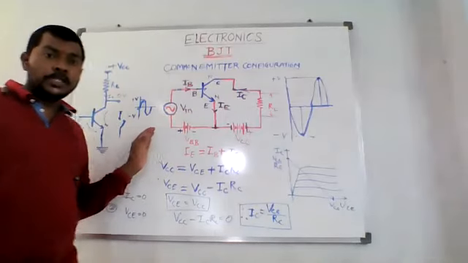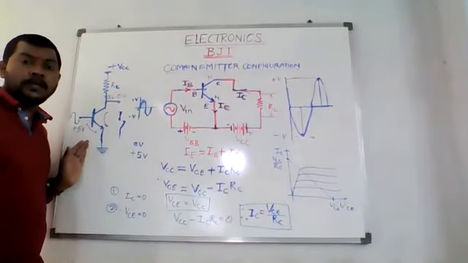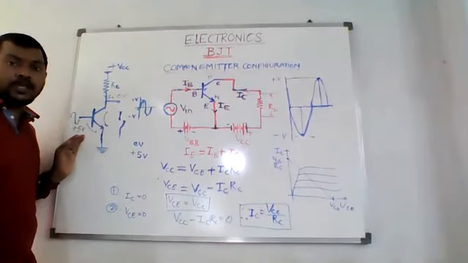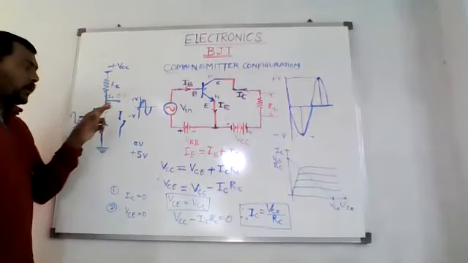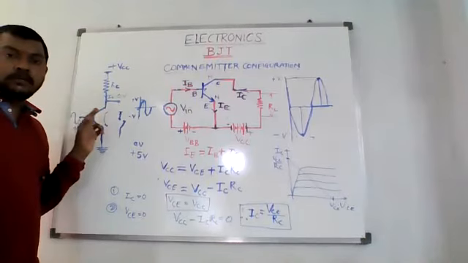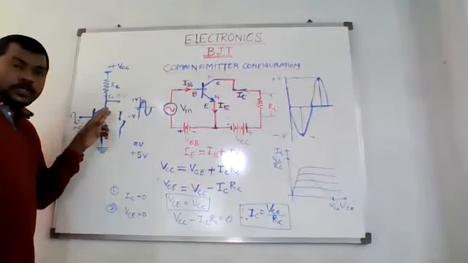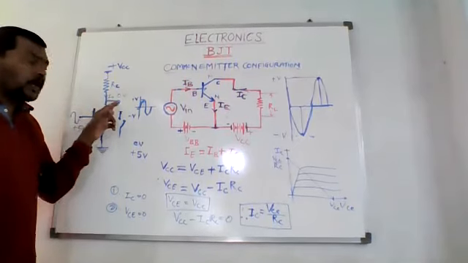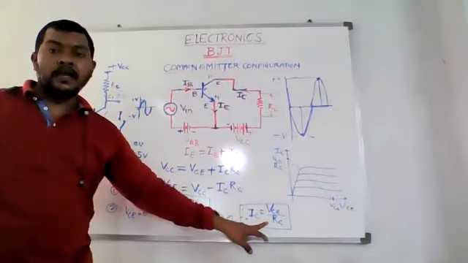So this was all about the common emitter amplifier. This was the common emitter amplifier as a switch. So transistor as a switch. This is the circuit where we can use a transistor as a switch. When we put base equal to 0, it will give you high voltage. Transistor will be off. When we put plus 5 volt, the transistor will be on. The transistor will conduct. The current will flow through the transistor, and the output voltage will be 0, or it will be nearly equal to VCC by RC.